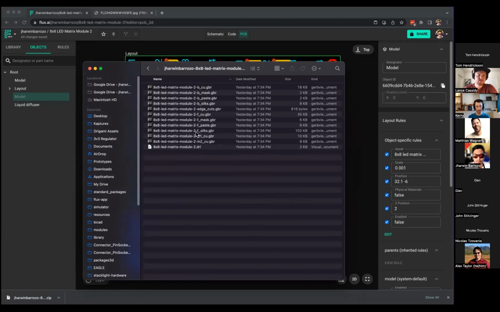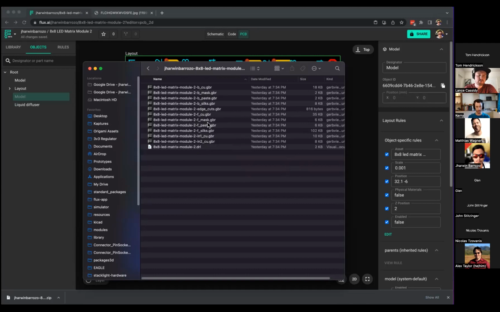Also, in Flux you don't need to export the drill file separately, which is the drill location of the vias and anything else that needs a drill. It's already in here, packaged all in one. Maybe some of you are not aware what these are. Basically, let's say for example this one,